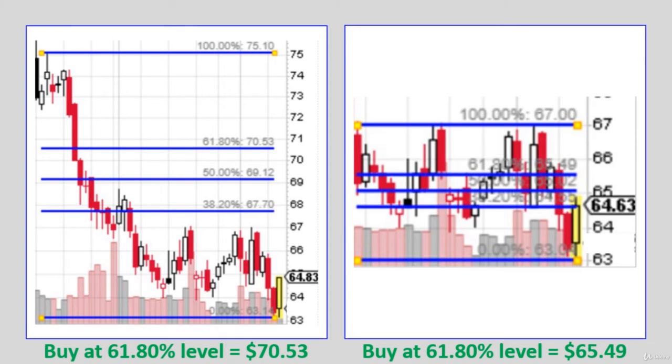But you can see that if I'm using these Fibonacci levels and I have a longer time frame, I'm going to establish deeper resistance levels, and price is going to have to prove itself to break through these levels more. And so I'd be buying in later at 70.53. You can see I gave up $5 worth of gains per share of the security by waiting, but I would feel more